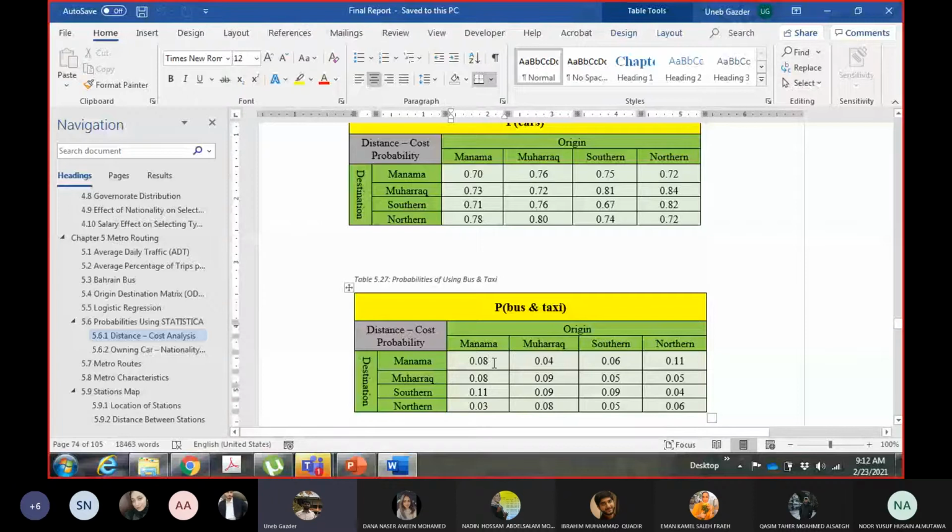So this is the main difference between the trip interchange and the trip end model. In the trip interchange model, you have the chance that other modes can also be selected, but obviously in the end you have to give me one value. You will tell me which mode he is selecting. So that one value will be the one which has more chance, the value which has more probability.